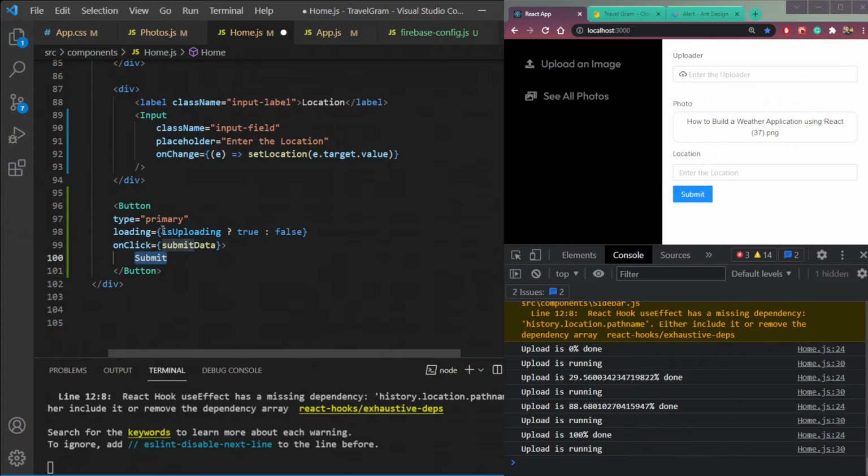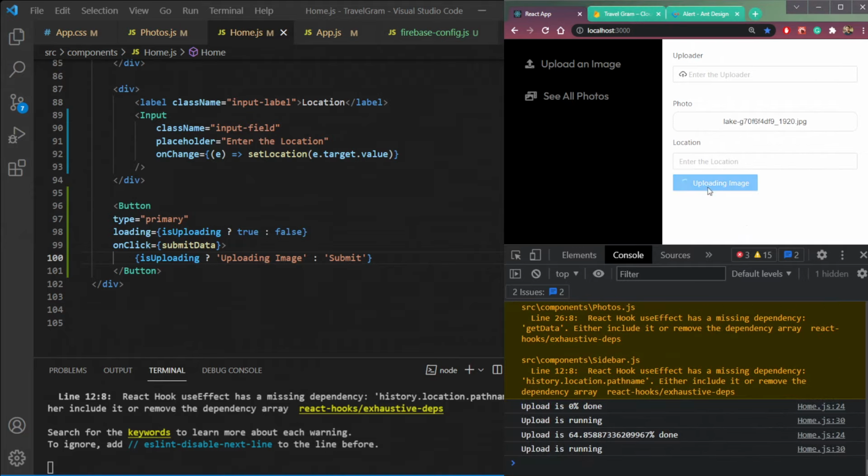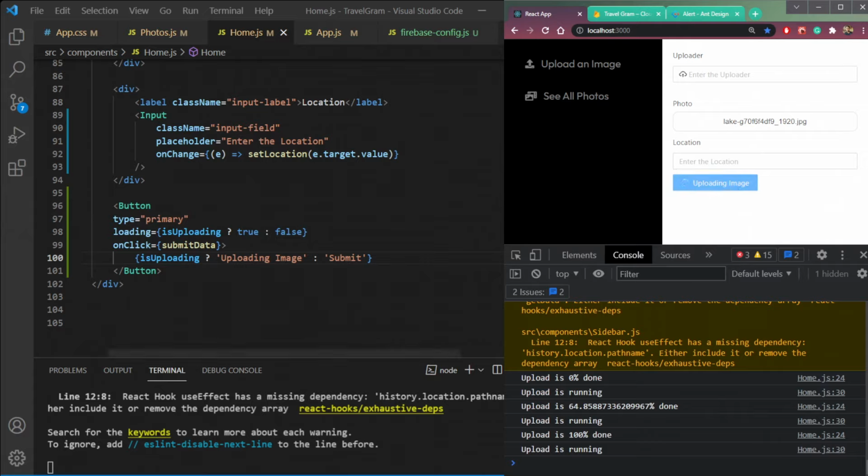If the image is loading or uploading, we have to show one text called uploading image, or else we can just show one text of submit, some default text. So select one image here, some other image. So it's uploading image. See, when it finishes, it will be submit.